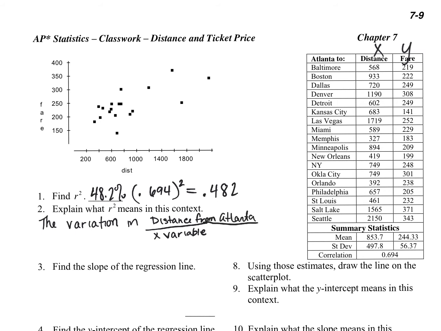I'm going to create these spaces so that every time you write this, you just change that blank based on what the problem is about. So the variation in distance from Atlanta explains 48.2%, that's your r squared,